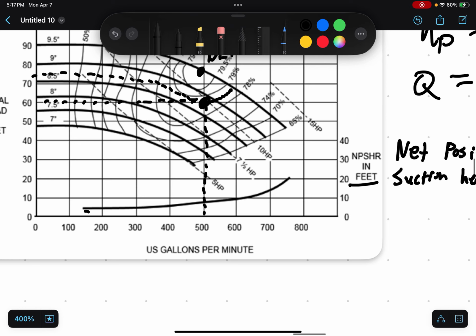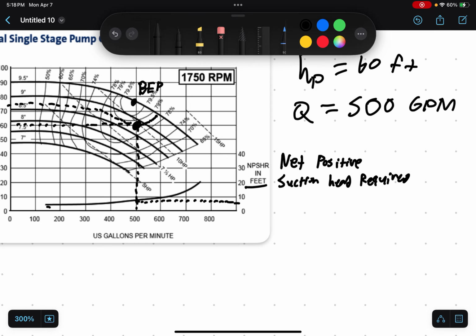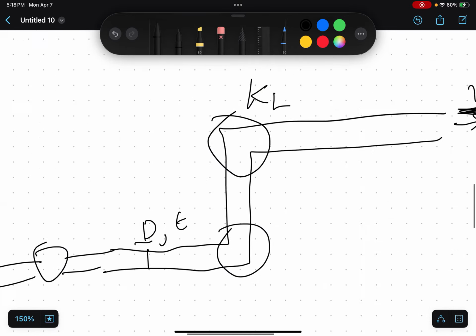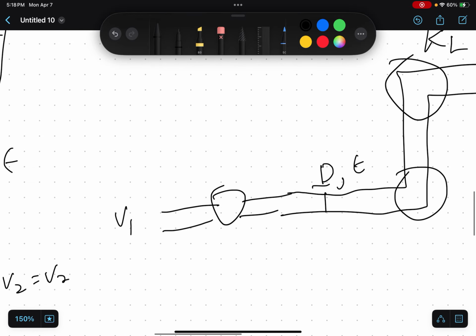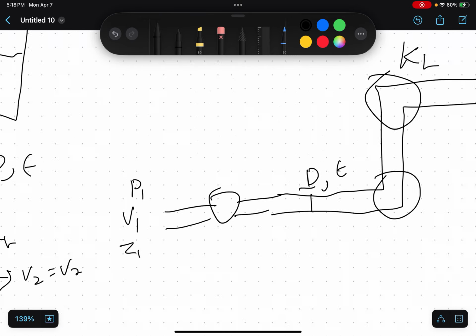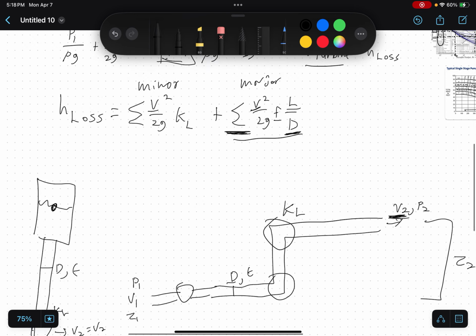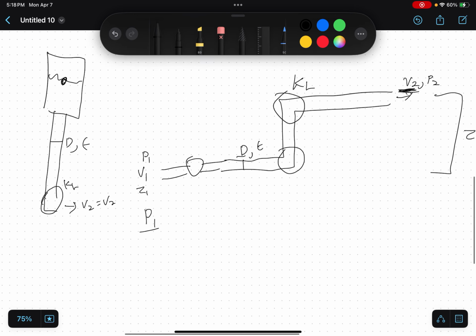So at our point, we require maybe, I don't know, let's say for us it's 8 feet. So that means that whatever pressure we have, and whatever V1 we have, and whatever Z1 we have, has to add up to 8 feet worth of head. And the way we would do that is we would do P1 over